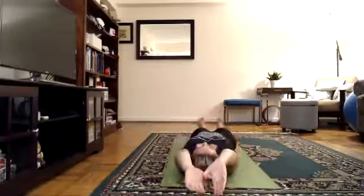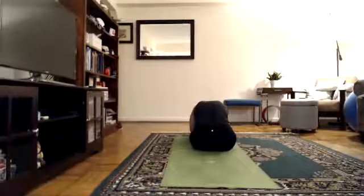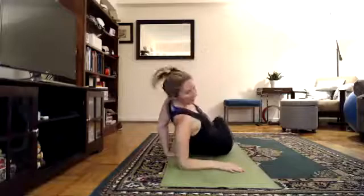Tuck your chin to your chest. Sit up. Very nice. Elbows to floor, forehead to knees. Okay, turn, lie on your abdomen for the spine strengthening series, starting with Cobra, Bhujangasana, good for your lower lumbar